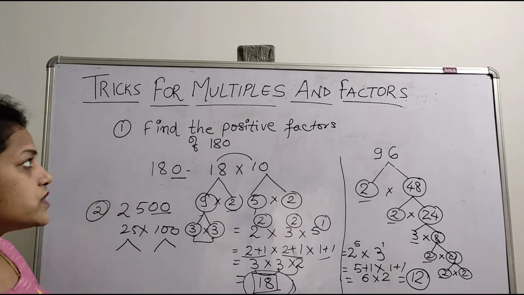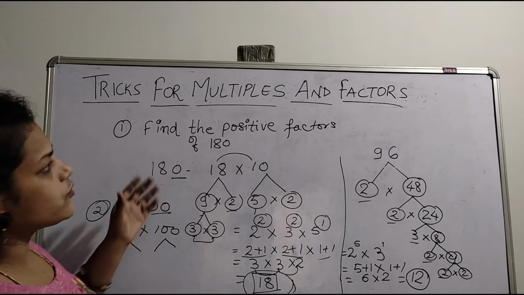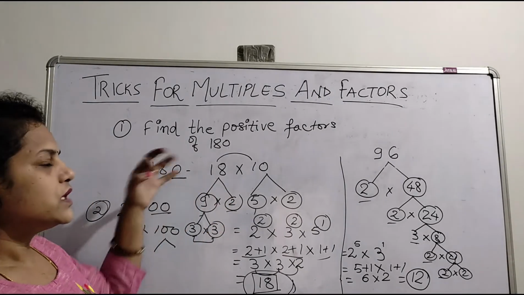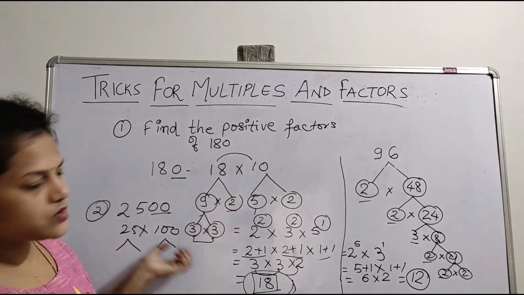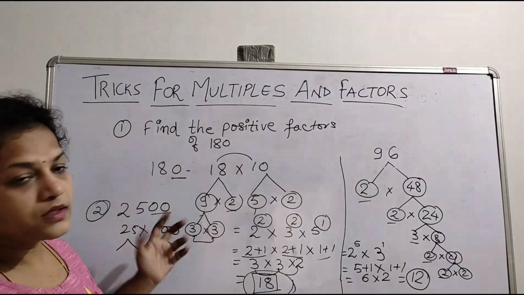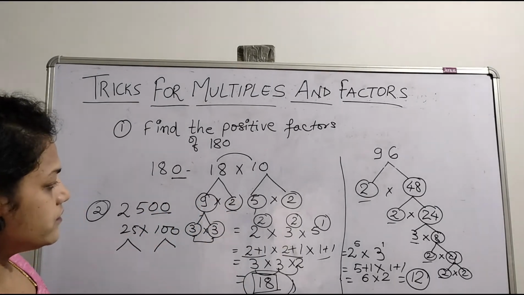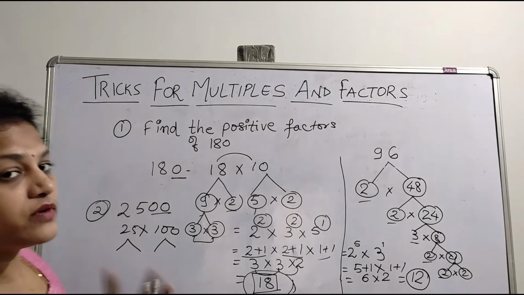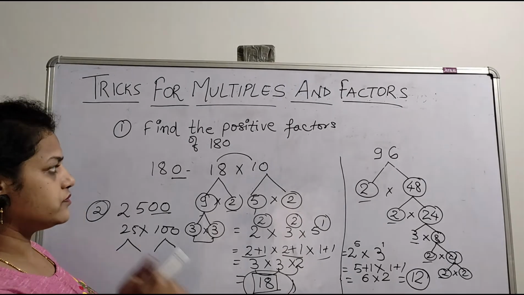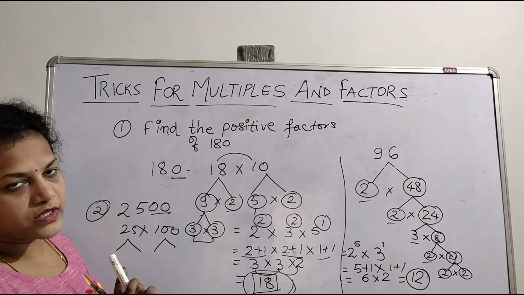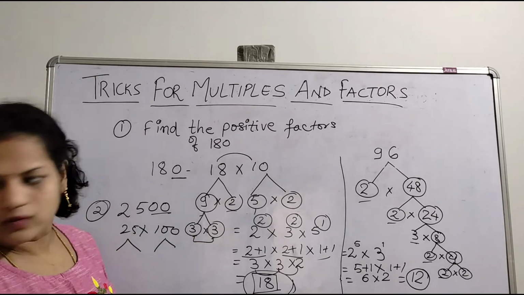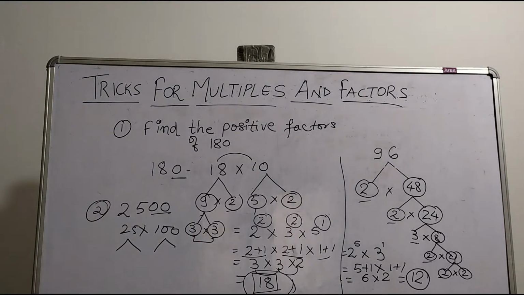So in this way you can find the trick for multiple factors, and you can easily find out the factors of this number. Okay, so I will tell one more example for even numbers and odd numbers. With that we will see how you can find out using a simple trick only. Okay, so see,